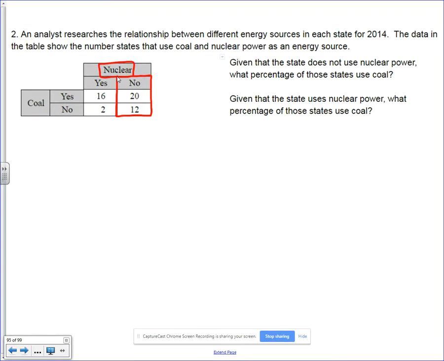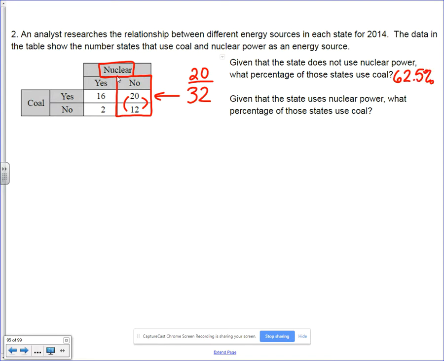What percentage use coal? Well, yes for coal is right here. So I have 20 using coal, but I know that they are not using nuclear power. If I put these 2 together, that gives me a total of 32. So the part that use coal is 20 out of the whole, which is 32, because they already told me they do not use nuclear power. So if you go ahead and divide that, you will get